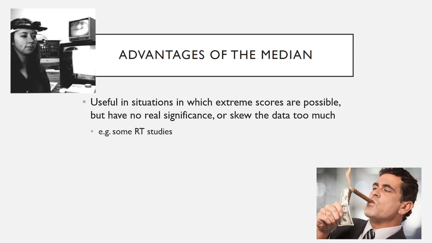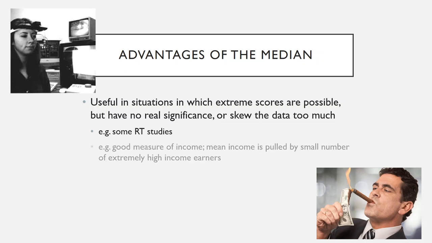So something like reaction time studies. As I just mentioned, if participants are responding to the onset of a stimulus and you're measuring in milliseconds how long it took them to respond, and one participant was taking several seconds to respond and was much, much slower than everyone else, you might say to yourself that that participant is probably falling asleep and you wouldn't really want to include their data in your analysis. So with something like a reaction time study, where extreme scores are probably problematic cases that shouldn't be impacting your average, the median is great.